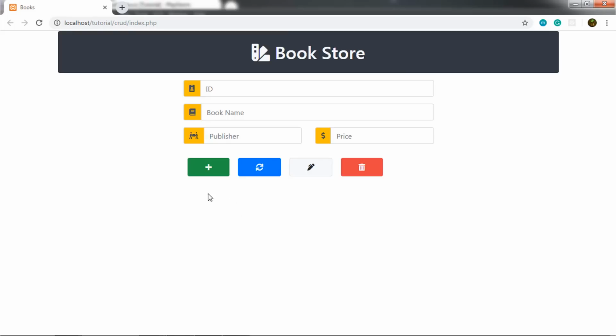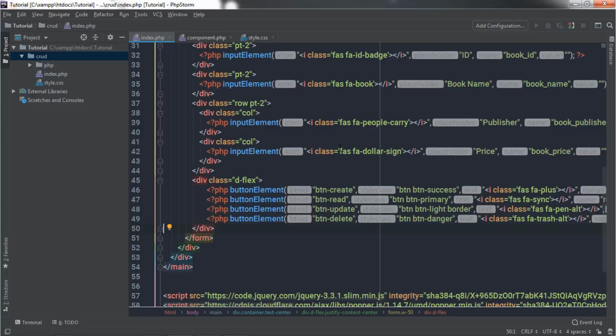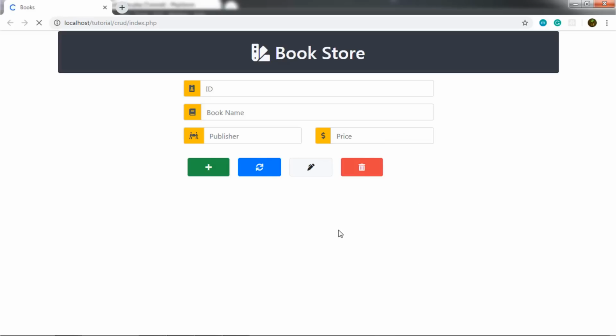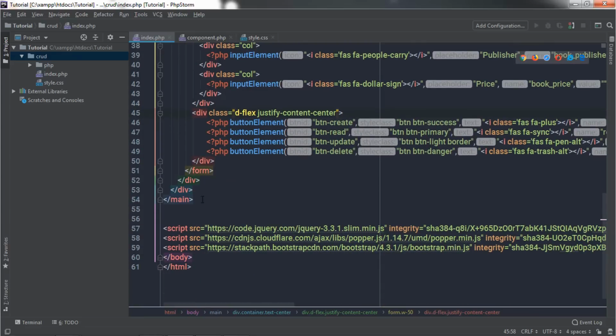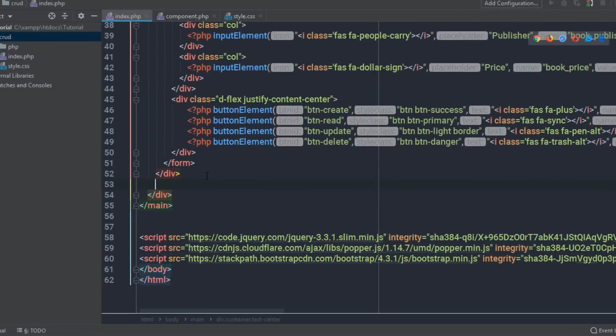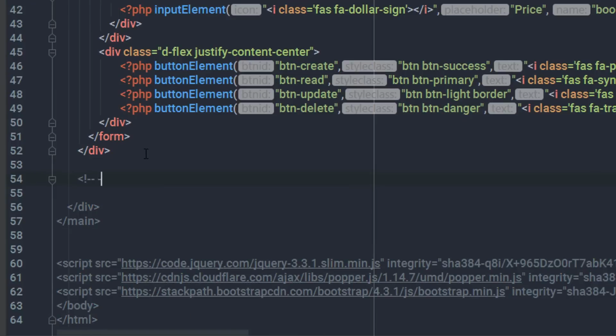Right? Now just after that, I want to center all these buttons. So I'm going to open the index.php file, and right here, just after this d-flex class, I will say justify-content-center. So this will center all these buttons like this, right? Now just after that, to display database values, I'm going to create here a table, just after this division tag right here. So I'm going to add a comment here,